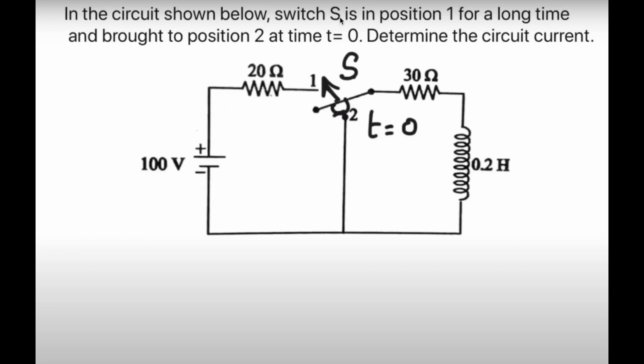Also, it is said in the problem that position 1 is connected for a very long time. So it means that till steady state value is reached, the switch was in position 1. Now, at time t equal to 0, the switch is connected to position number 2. Accordingly, we have to see whether any initial current flows through the circuit